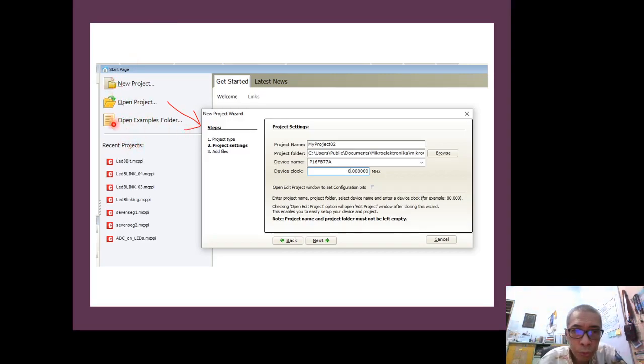If you want to make a new project, you can click the New Project button or icon here. The next step is to write the name of the project. It's up to you. Where do you want to save the project? And don't forget the device name is